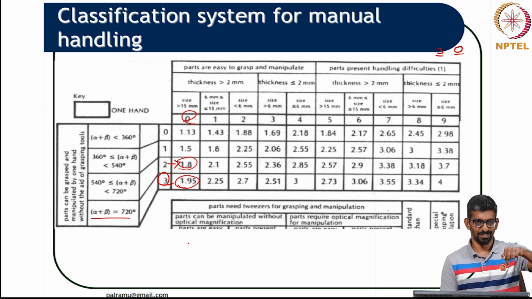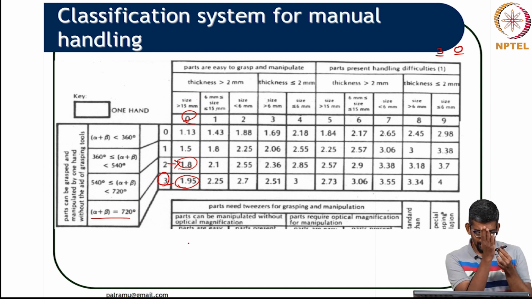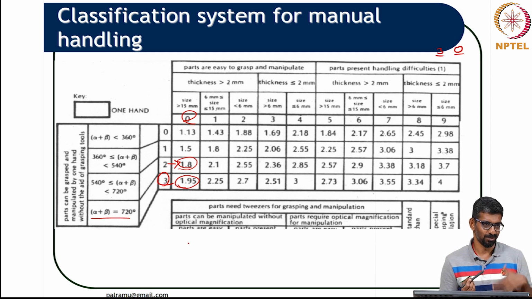Screw is being inserted this way. So, what is your alpha symmetry? 360. What is your beta symmetry? Has someone ever told you that the screw has to be put only in this axis, in this direction, it cannot be put in this direction? You can put it in, so it is 0. So, it is 360, which means it is 1. Okay. So, we are going to look into this one,